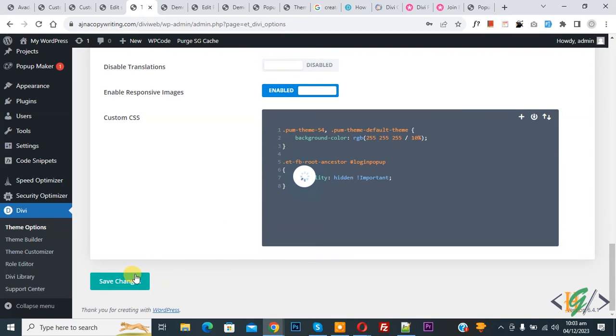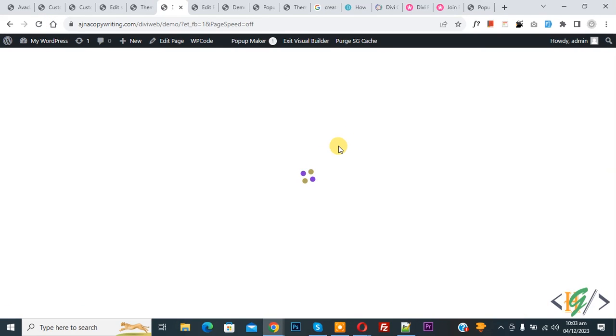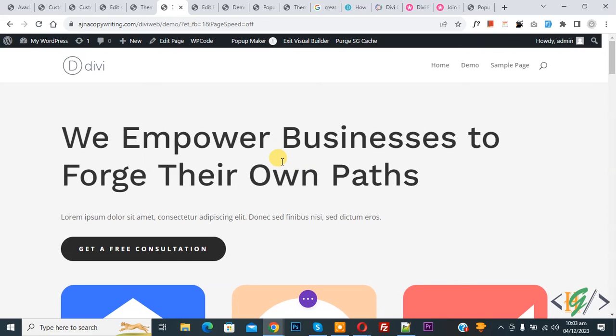Save Changes. Now settings saved. Go to the page. So we are in Visual Builder live. Now refresh the page. Now you see the pop-up is hidden on Visual Builder by adding